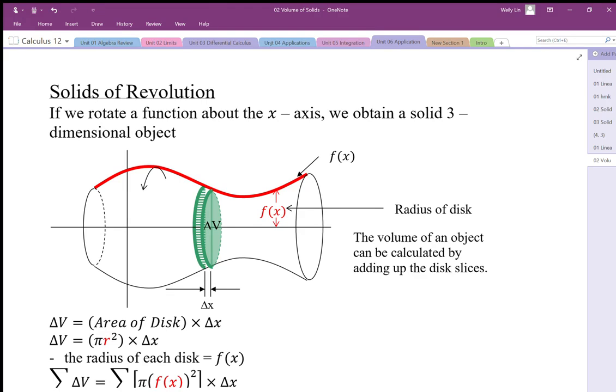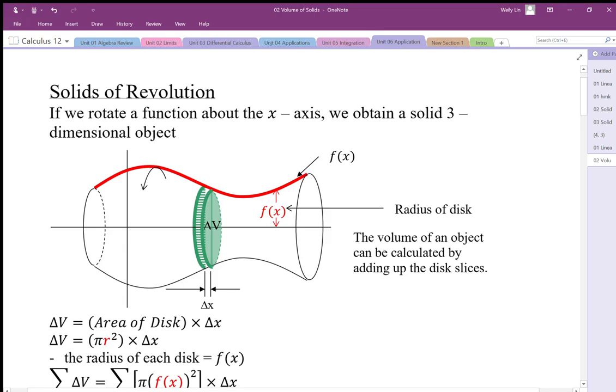So we can generate 3D solids by taking a function, in this case this function f of x, that red line, and we can rotate it around the axes to create a three-dimensional solid. So this solid is kind of like a vase shaped on its side,